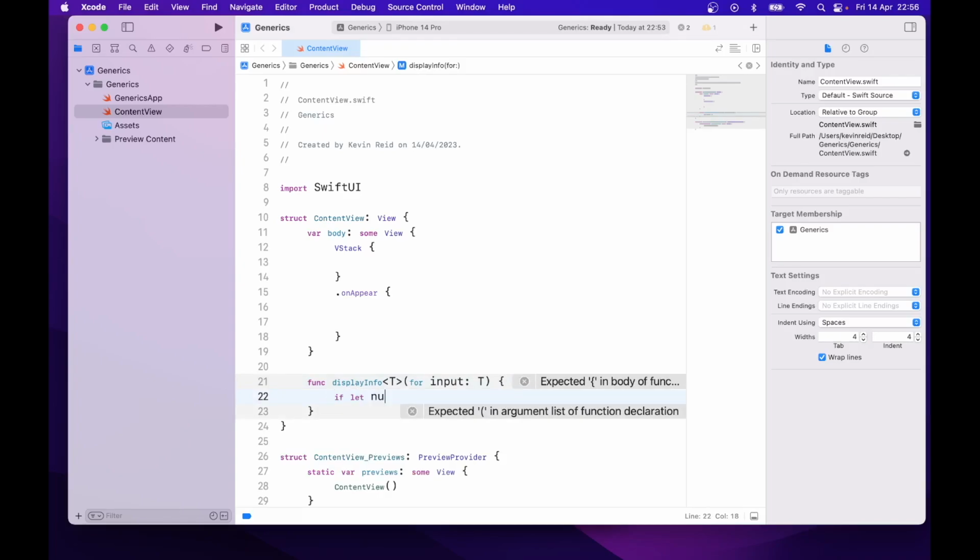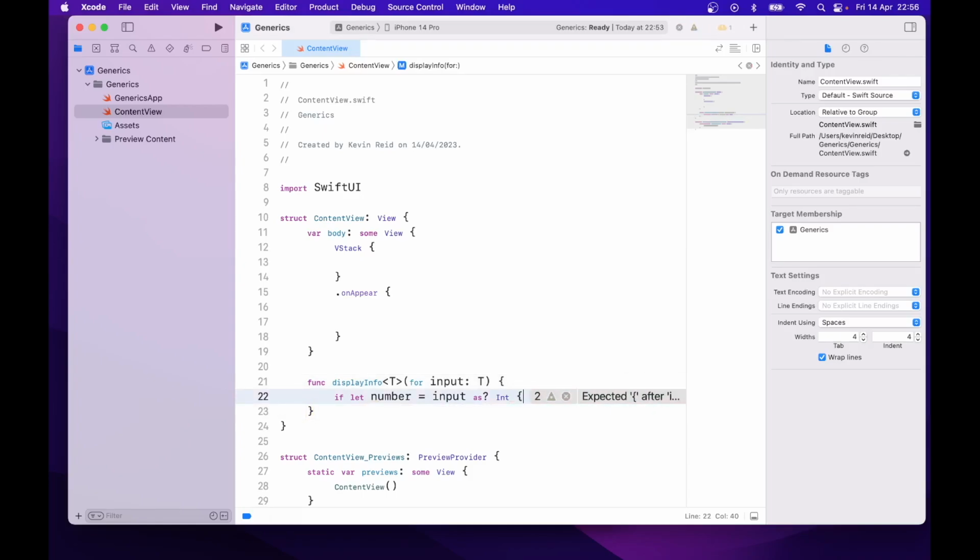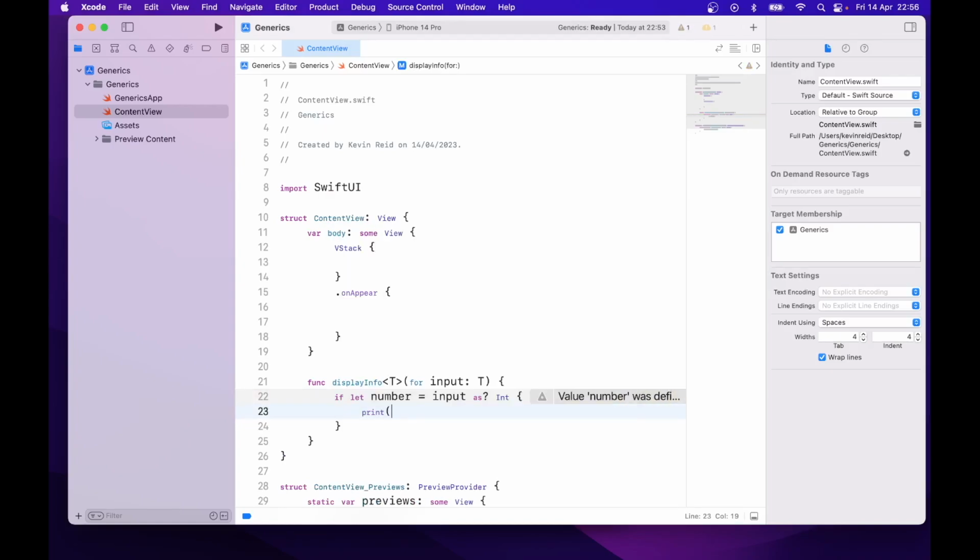If let number is equal to input as? Int, open curly braces, and then close the curly brace. Print open bracket,